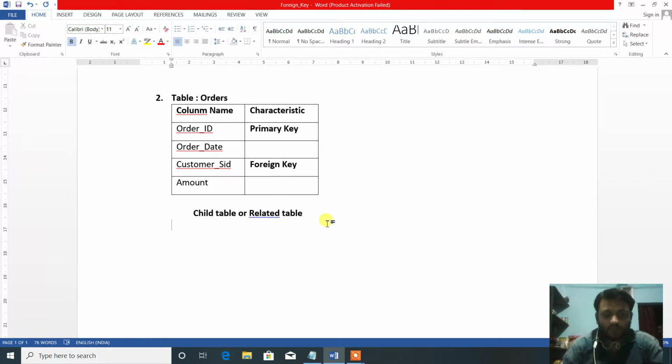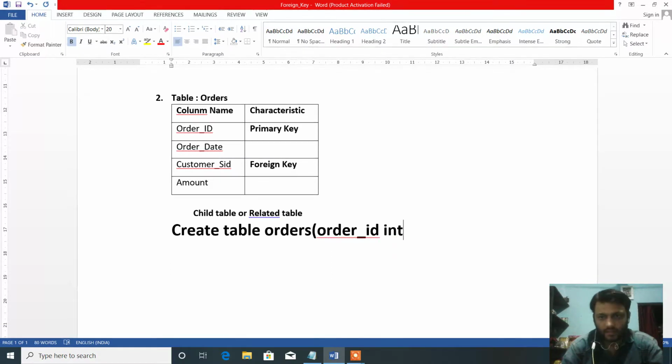So the command is create table. Okay, so you have to write create table. The table name is orders. First column order ID, its data type is integer, with primary key.